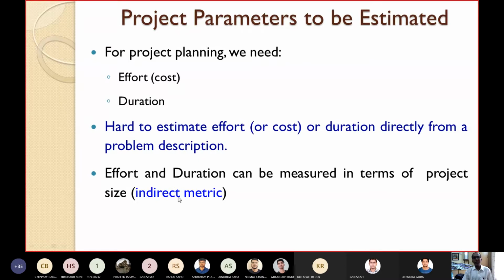So this is an indirect metric using which you can estimate the effort and the cost. Effort and duration are called indirect metrics, because they cannot be directly estimated; they can be measured in terms of project size.